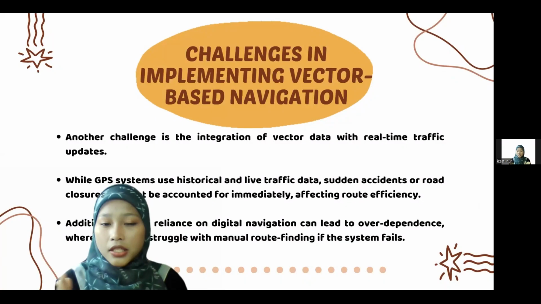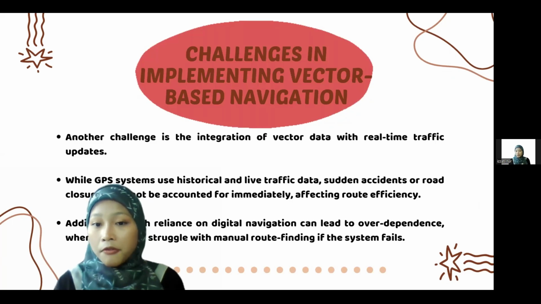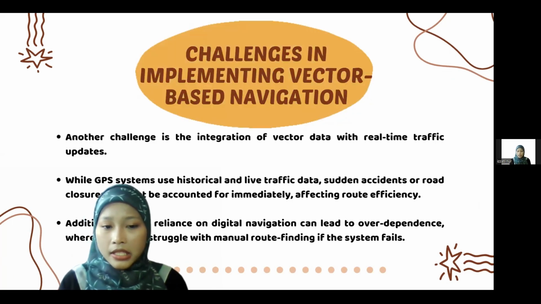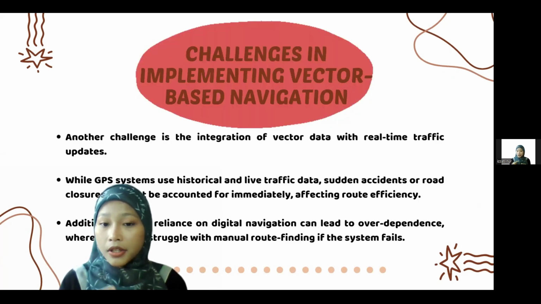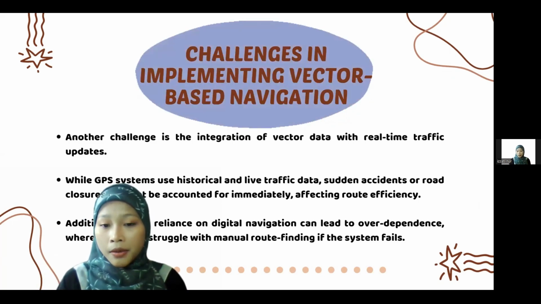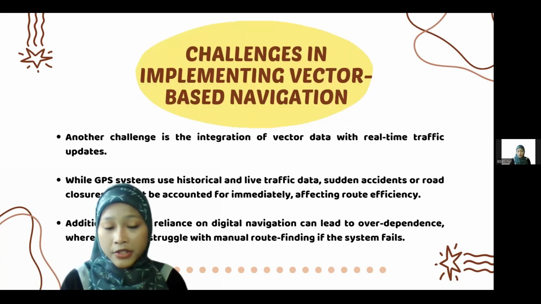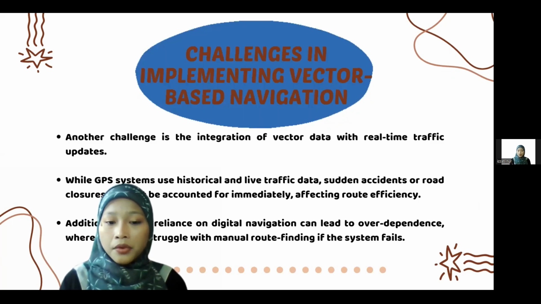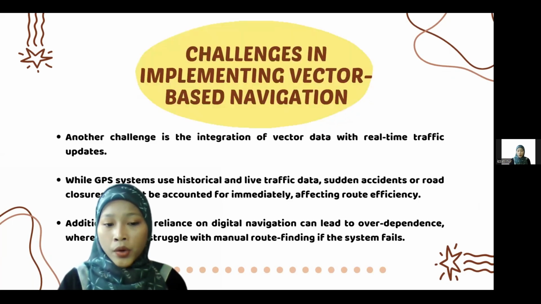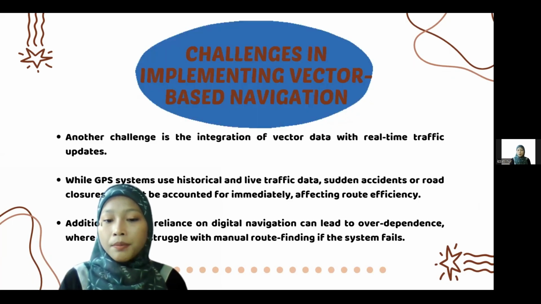Another challenge is the integration of vector data with real-time traffic updates. While GPS systems use historical and live traffic data, sudden accidents or route closures may not be accounted for immediately, affecting route efficiency. Additionally, high reliance on digital navigation can lead to overdependence,